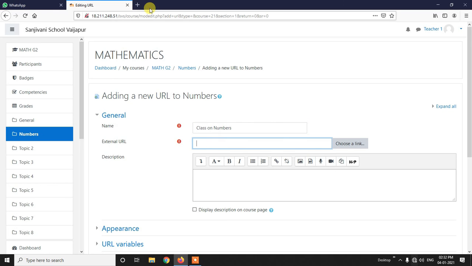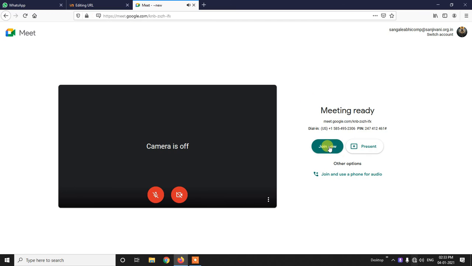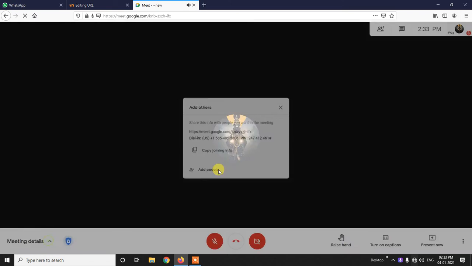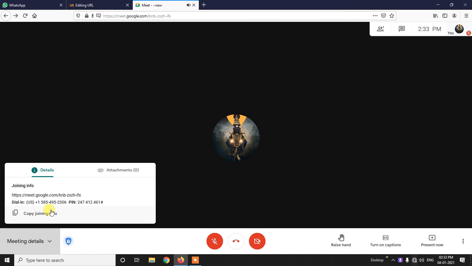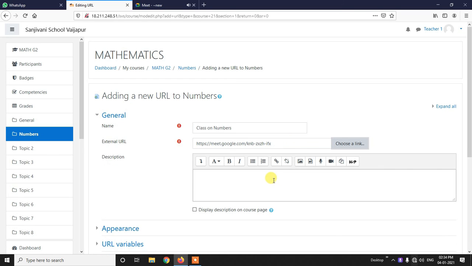It will ask you for a URL, so after creating meetings you have the details over here. You can copy the contents and paste them over here. Students will be able to join your meetings using these links.